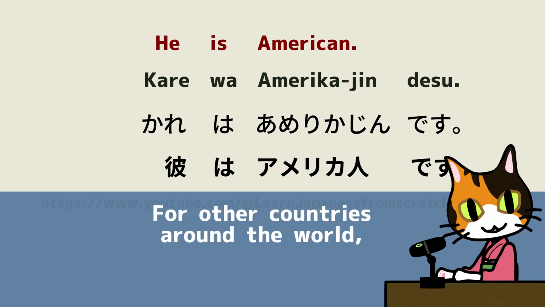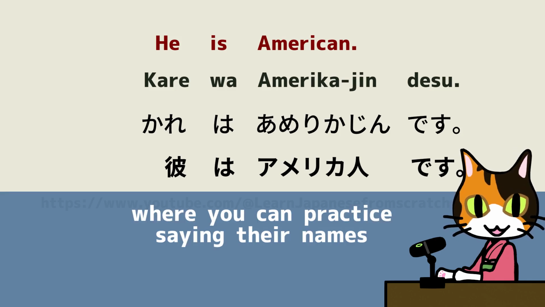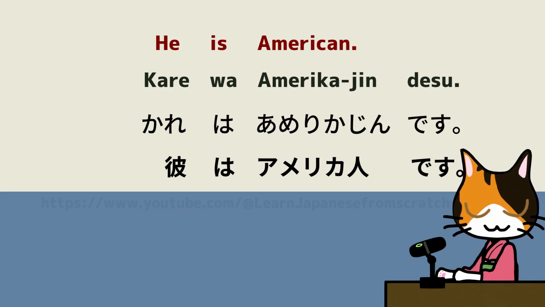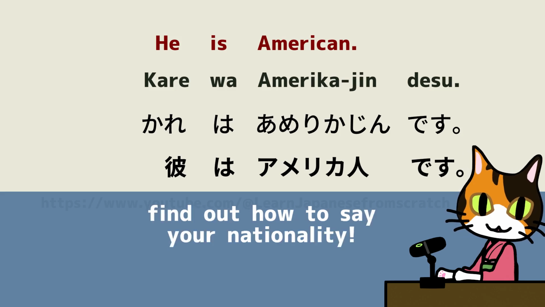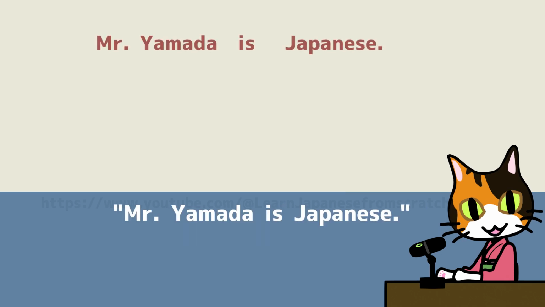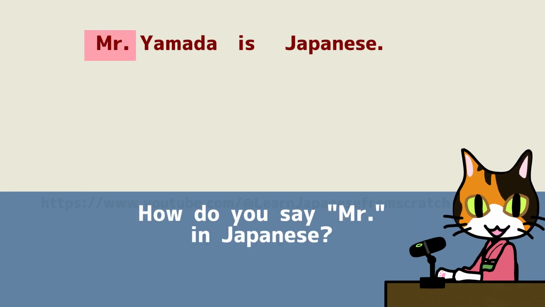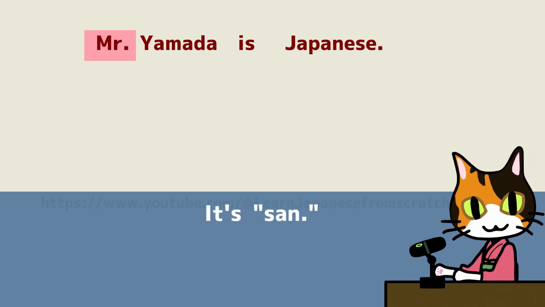For other countries around the world, we have a separate video where you can practice saying their names in Japanese. Check it out and find out how to say your nationality. Next, let's say Mr. Yamada is Japanese. How do you say Mr. in Japanese? It is さん。